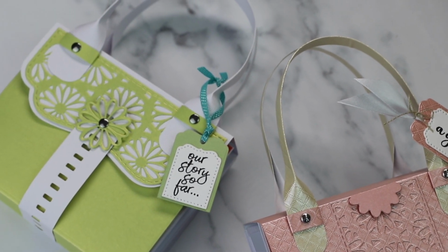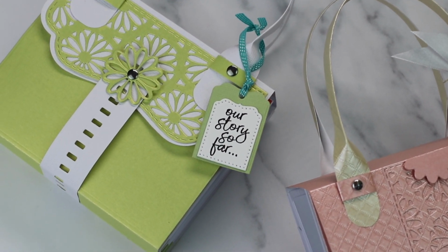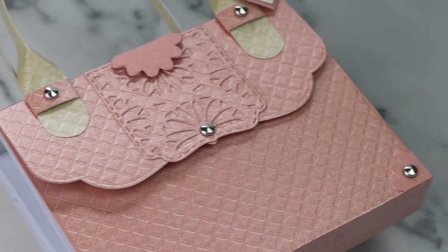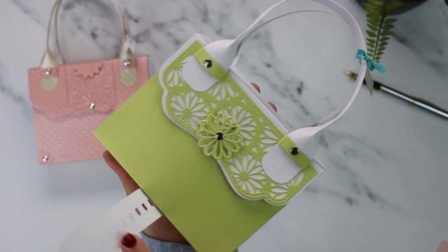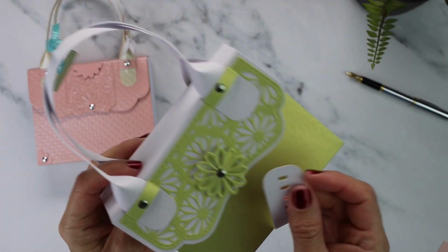I'm going to share with you how to make these memory book albums, and they are super duper easy to make. Of course, I added some extra. I added handles and also different things or embellishments that make this project a lot more fun. This is a project you could do without dies, but today I'm going to be using the Tonic Craft Kit